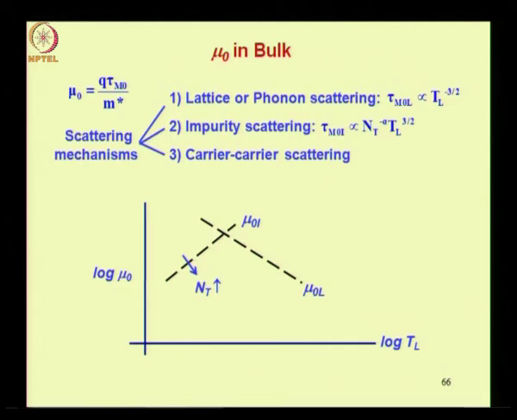Repeating the similar procedure for impurity scattering, you have the momentum relaxation time due to impurity scattering proportional to Nt power minus alpha multiplied by TL power 3 by 2. Recall that we had said in our earlier module that impurity scattering will increase with total impurity concentration, therefore the impurity concentration appears in the denominator,